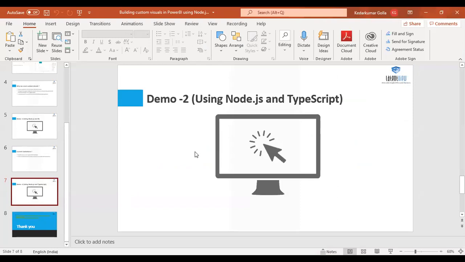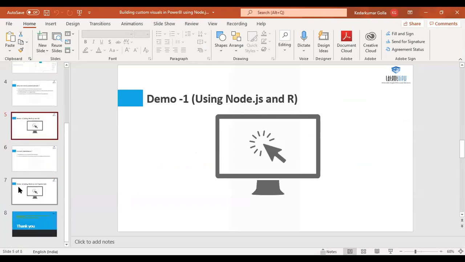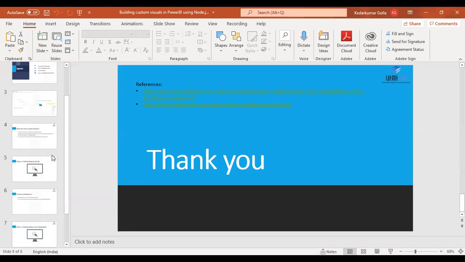But my main focus was demo 1, where we saw how to create R-based curves using Node.js. For creating visuals with TypeScript, I have given you references where you can follow the steps. I've also used a Udemy course for learning these TypeScript-based visuals. You can go through them as well. So that's the end of demos 1 and 2.